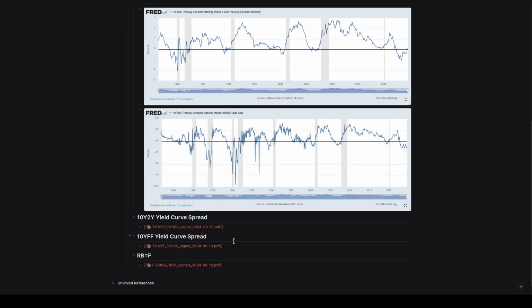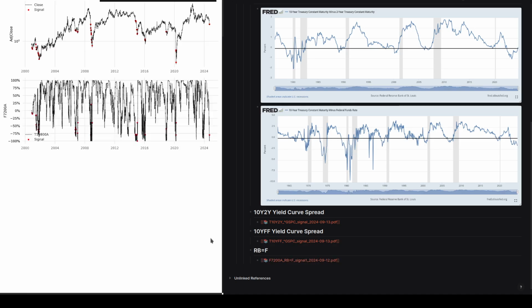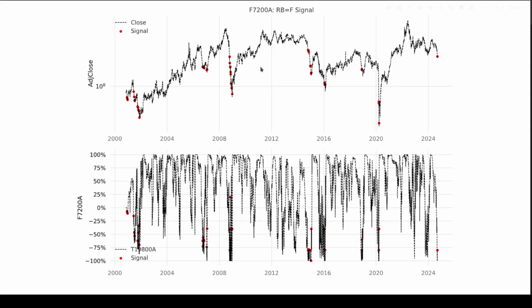But the most important signal that we actually got was on the 12th. That was for gasoline futures. Now, gasoline futures are pretty interesting, and this signal is very interesting. So the game engine produced a signal on the 12th, and it's worth talking about because this signal in itself